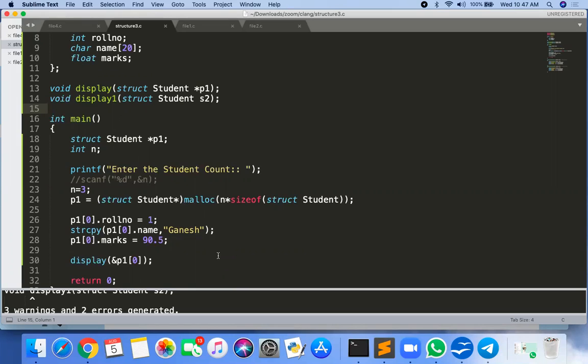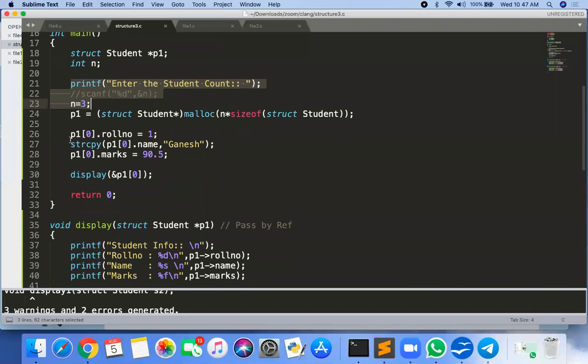Sir, if we want to access more number of students, we should use a for loop, sir. Yes.